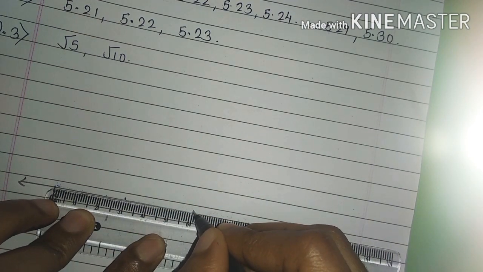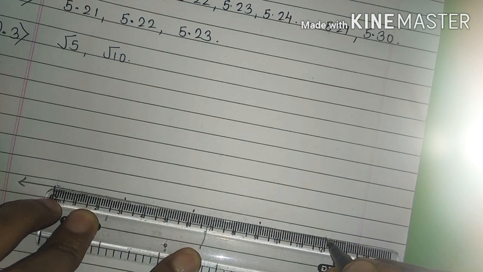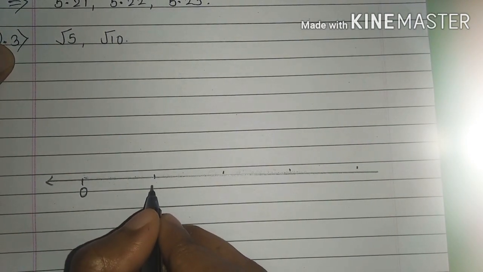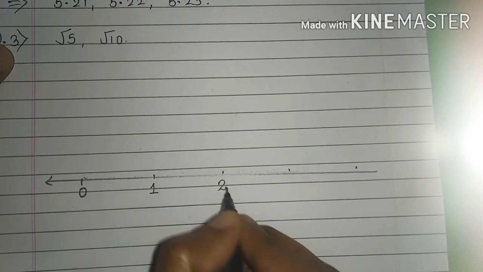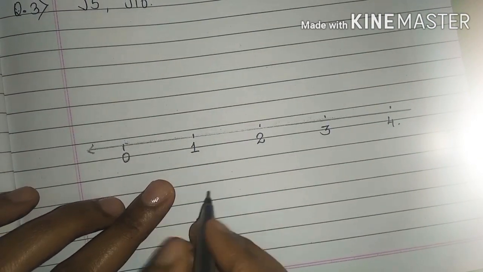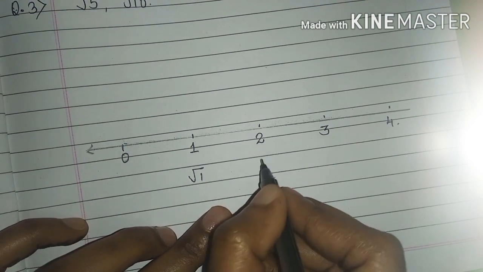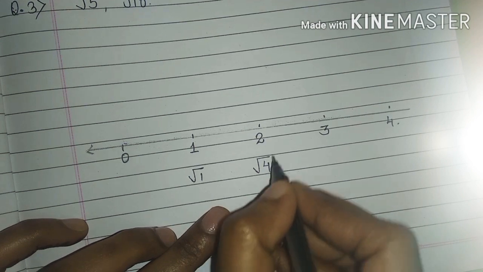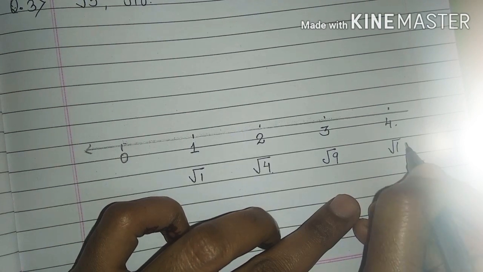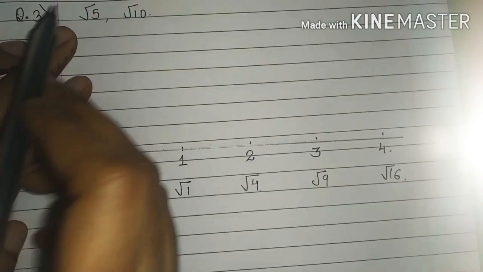3, 6, 9, 12. In this way I have marked the points and written them as 1, 2, 3 and 4. Okay, this 1 is nothing but root 1 because the square root of 1 is 1 only, and this 2 means the square root of 4 because the square root of 4 is 2, and this will be the square root of 9 and this will be the square root of 16. Okay, why I have written it this way I'll show you afterwards, because here the question is root 5